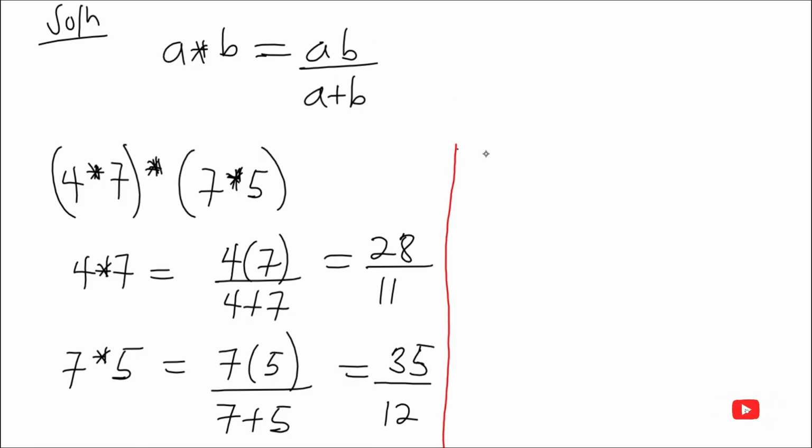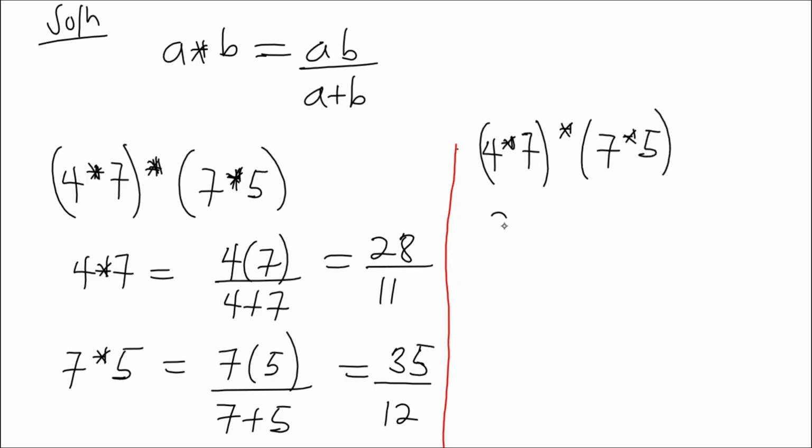Now (4 star 7) star (7 star 5) is nothing but 4 star 7 is 28 out of 11, star 7 star 5, which we had as 35 out of 12. So using the same rule, for 28 out of 11 star 35 out of 12, our A here is 28 out of 11